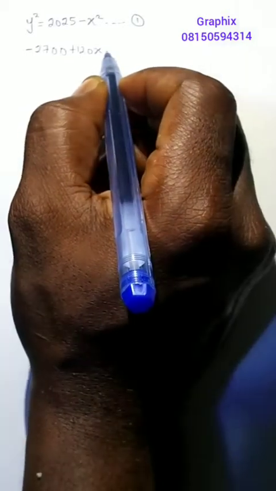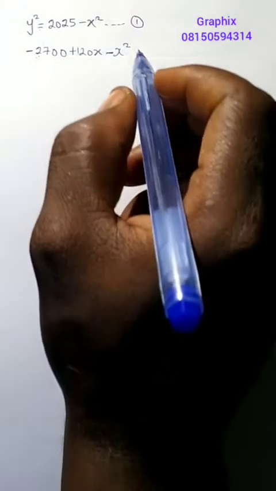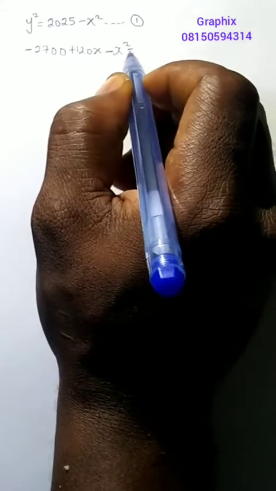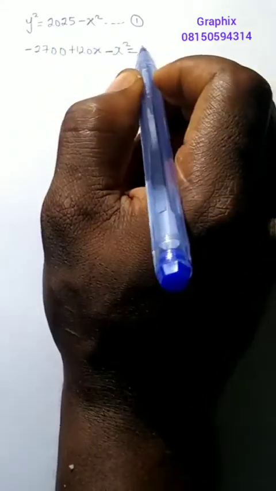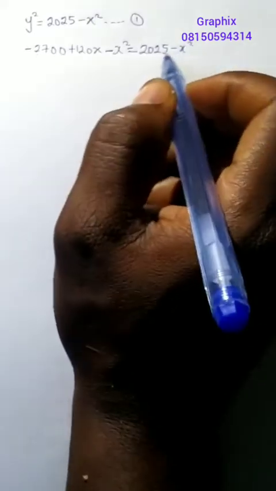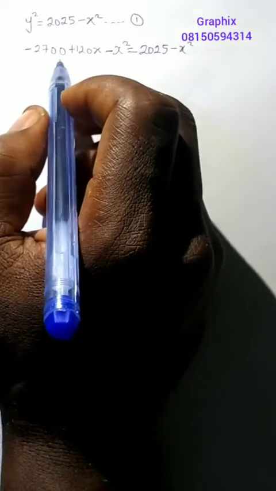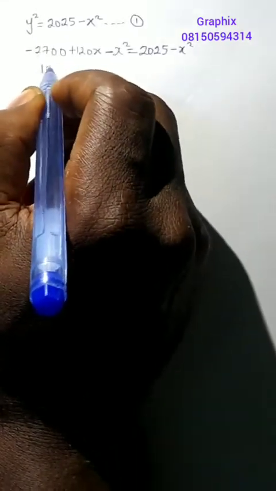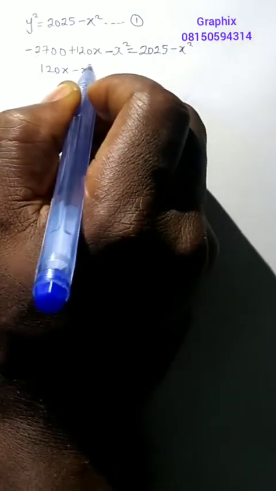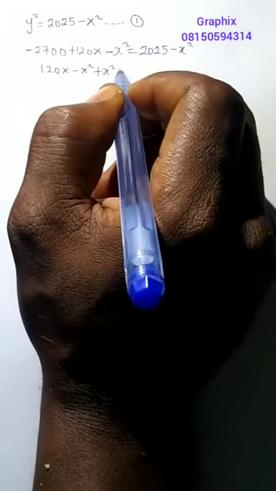We have minus x squared. How good? So this equals to this guy, 25 minus x squared. So from here, if you collect like terms, we'll be having 120x minus x squared. When this guy is coming here, it becomes plus x squared equals to